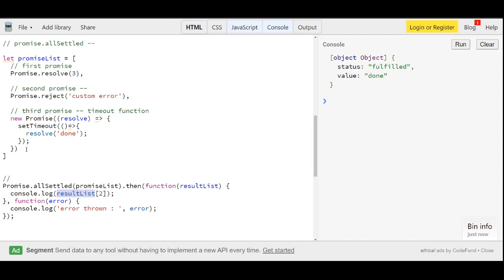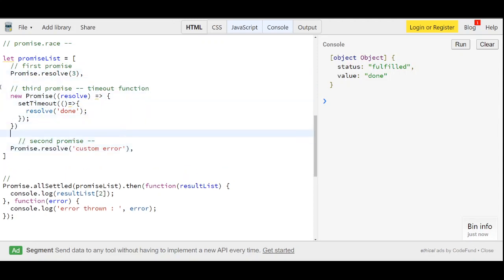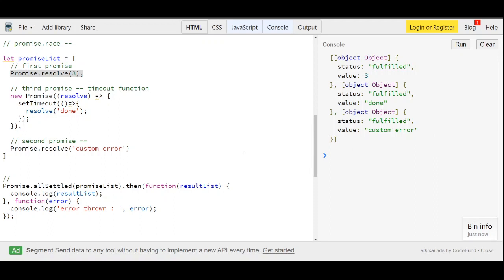This is all about allSettled, right? And now we will see the race function. The race function basically resolves, and let me say the second promise comes after this promise. Race basically says that whichever promise gets resolved first will be returned.